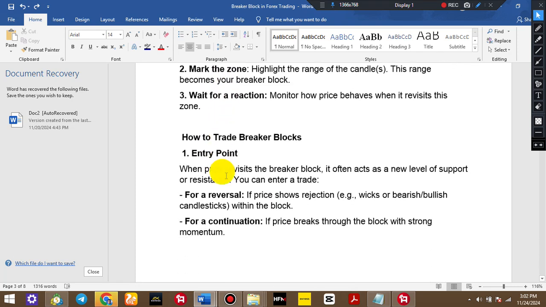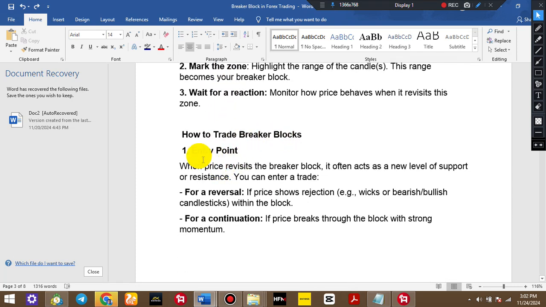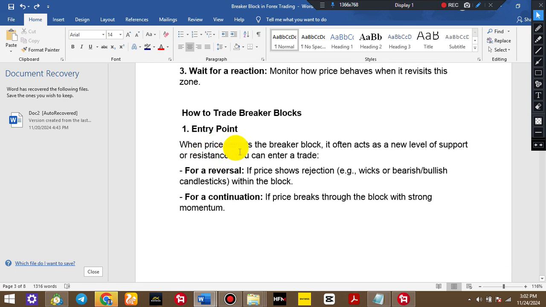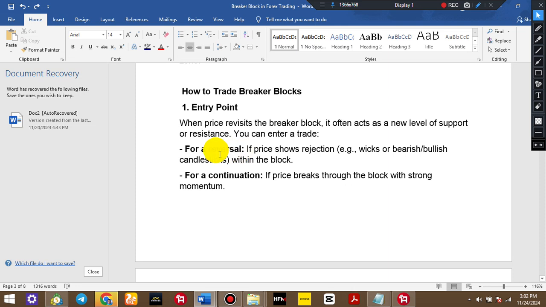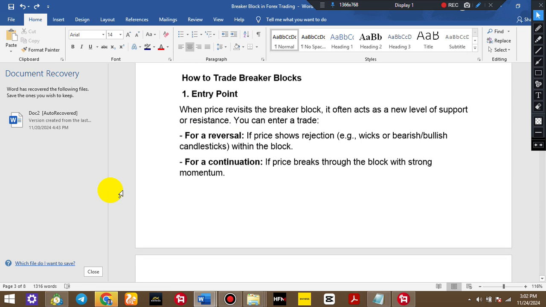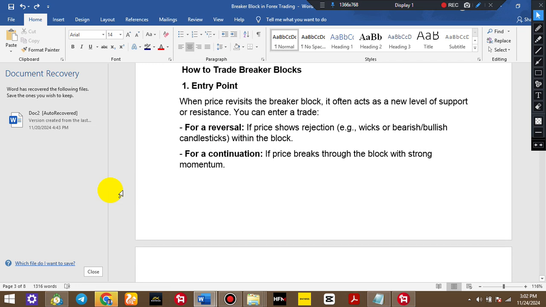Then, how to trade breaker blocks. Entry point: when price revisits the breaker block, it often acts as a new level of support or resistance. You can enter a trade. That means that price initially was a support, now it's going to be acting as resistance. And if it was acting as a resistance before, if price comes back to that zone, it will be acting as a support. So when we go to the chart, I'm going to highlight it or show you more clearly on the chart. So proceeding further,